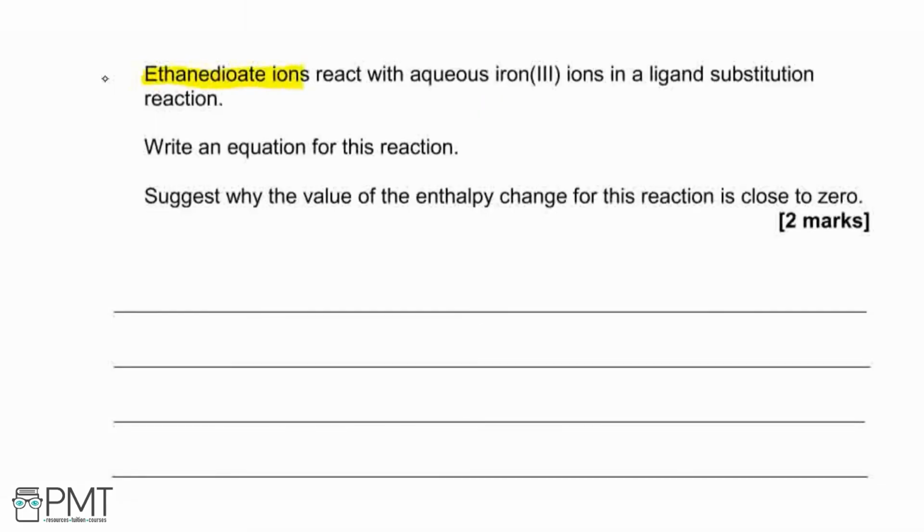Ethane dioate ions react with aqueous iron 3 ions in a ligand substitution reaction. And for this question, we need to write an equation for this reaction and suggest why the value of the enthalpy change for this reaction is close to 0. So I'm just going to draw out the ethane dioate ions to one side here. So we know that they have a formula of C2O4 2-. What does this actually look like? Well, we've got 2 carbon atoms, like so. They're bonded back to back with carbonyl bonds, and then we've got single bonded oxygen,